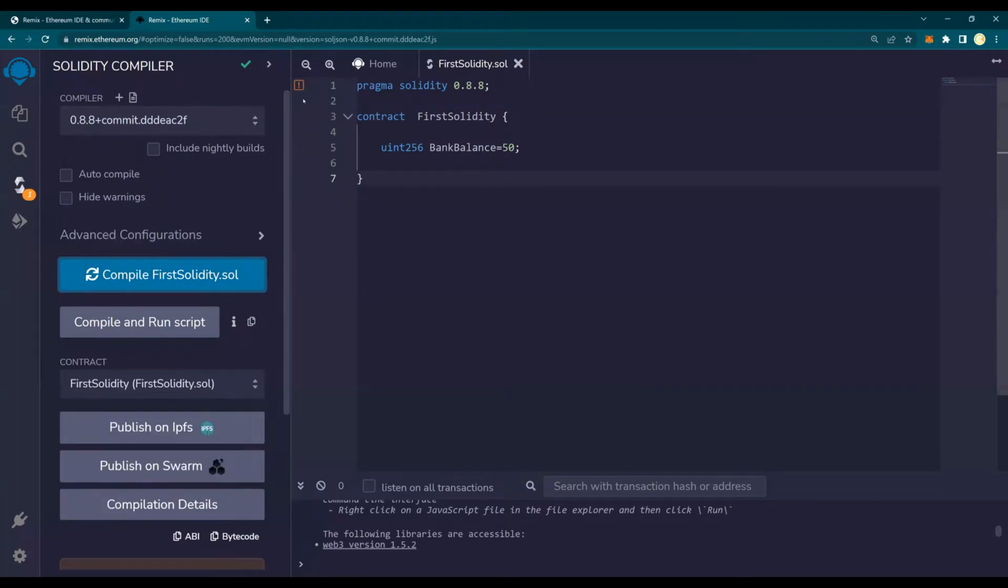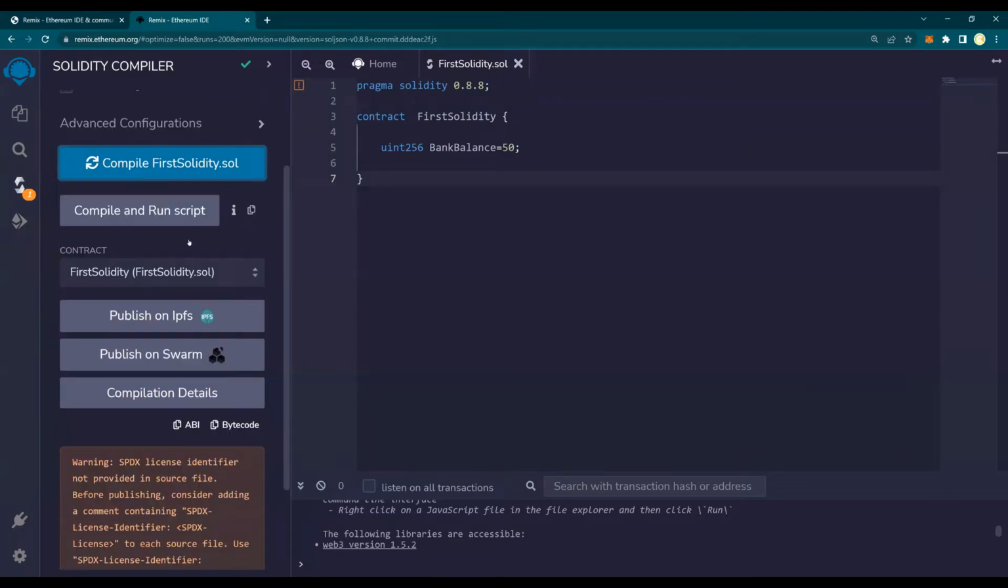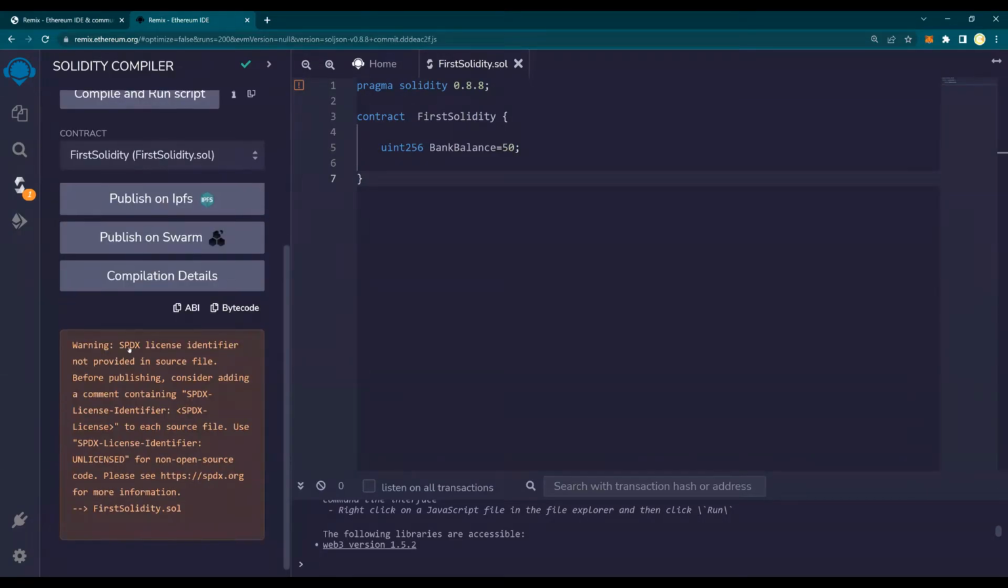And you see that there is an error. The error is: warning, SPDX license identifier not provided. So Solidity expects an SPDX license identifier,